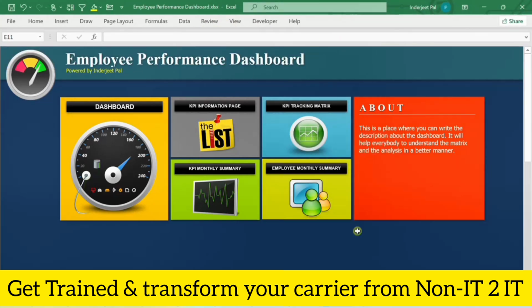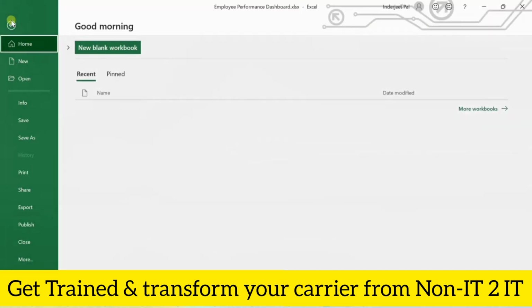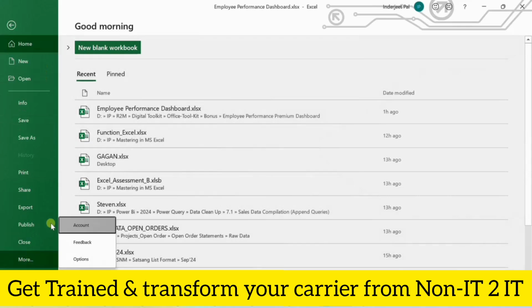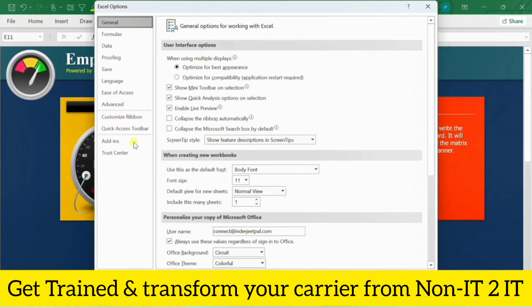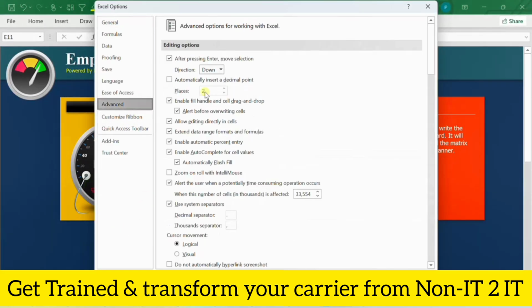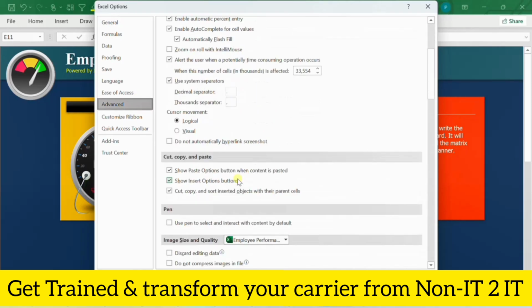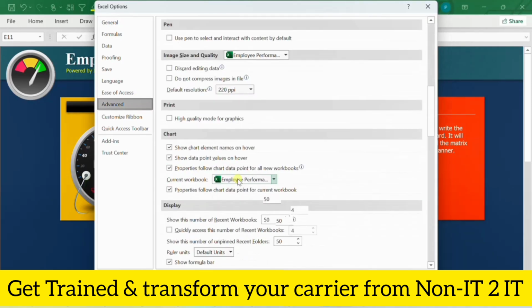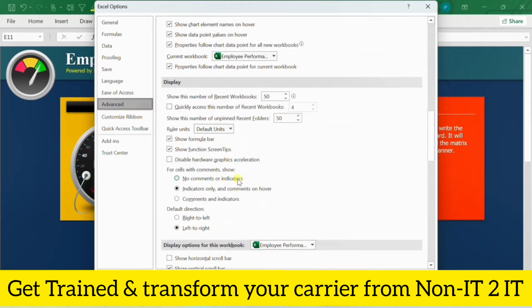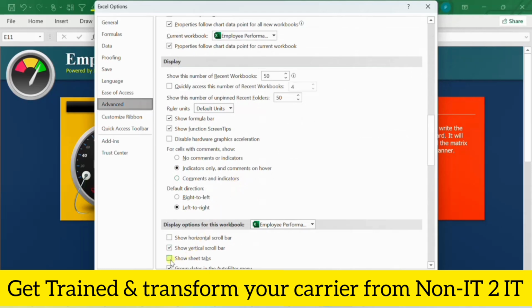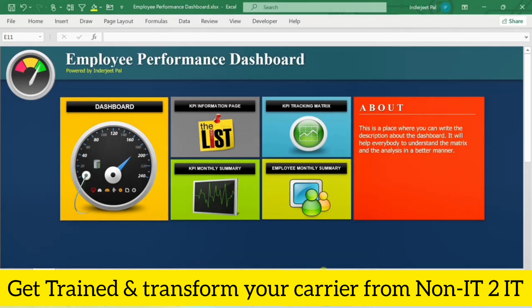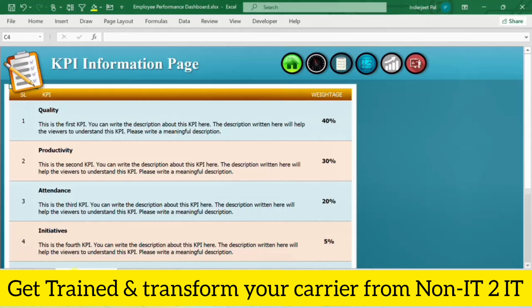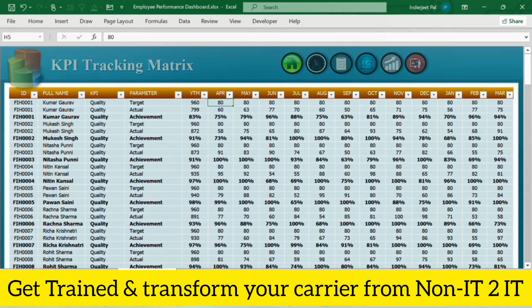now right now you can see that you cannot view the sheets or names of the tabs below the worksheet. So what we have to do, we have to click on file, and then click on options, and then click on advanced, and now just scroll a bit down, and you would see an option over here. Let me show you this one, show sheet tabs. Just click this and okay. Now each and every sheet is visible. Now just go to KPI performance sheets. These are the sheets that we have already gone through.